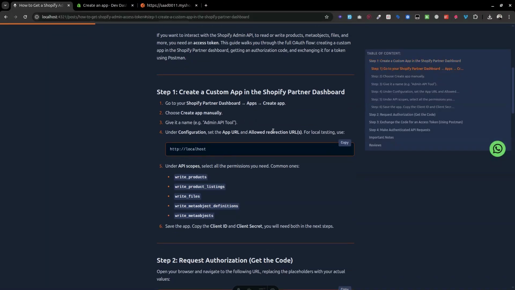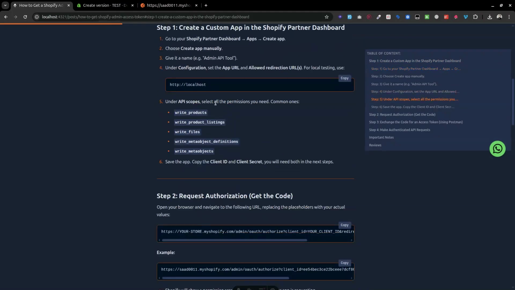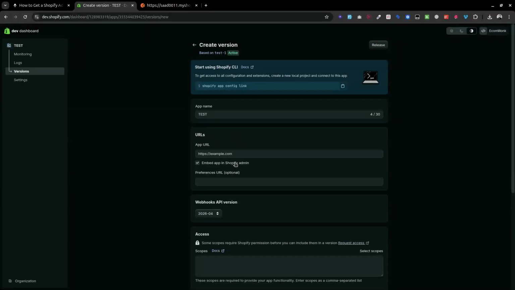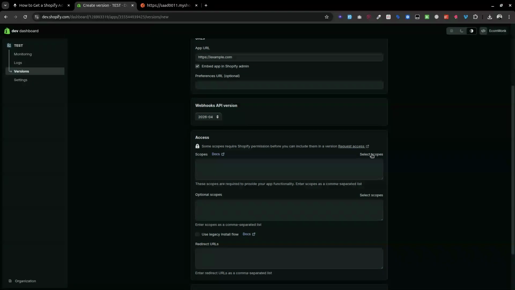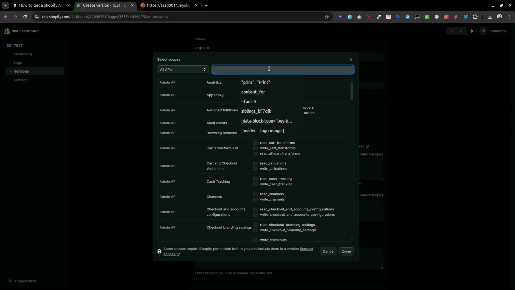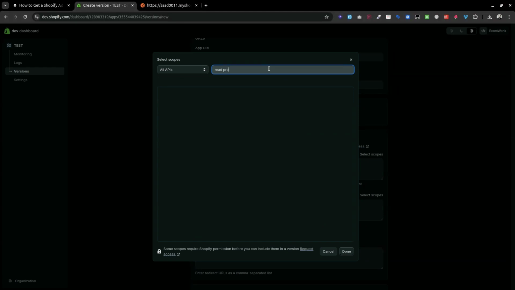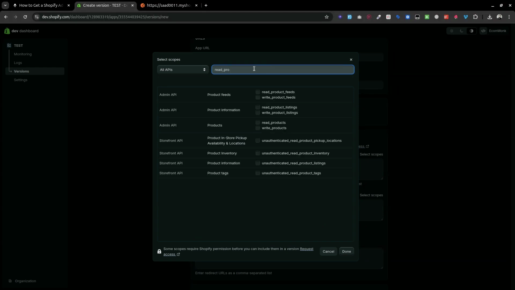we need to make sure that our redirect URL is the same localhost, and we need to give all the permissions to this app, and we need to have the client ID and the client secret. So you can see that redirect URL we will keep as it is, example.com, and you can see I will be selecting the scopes. Right from here I need to read the products. Read the products,